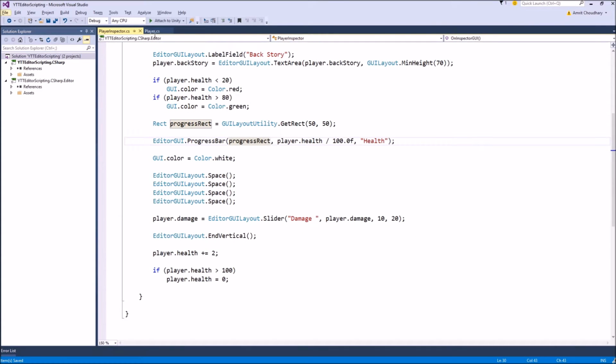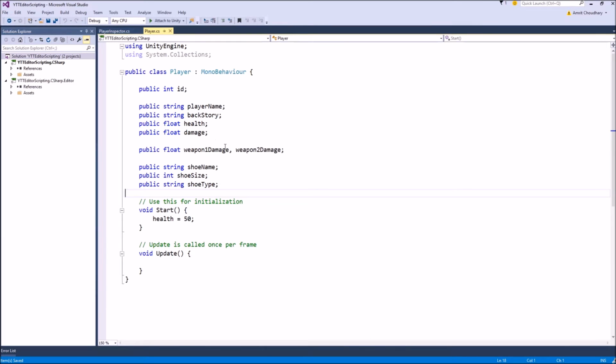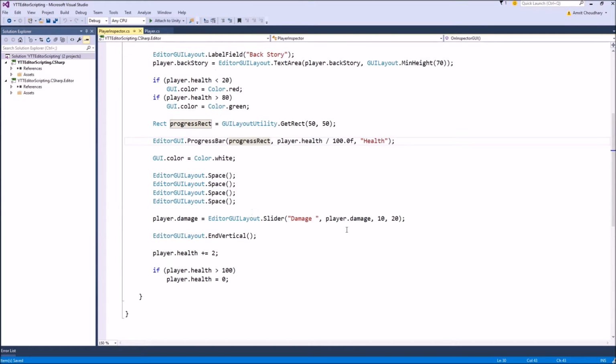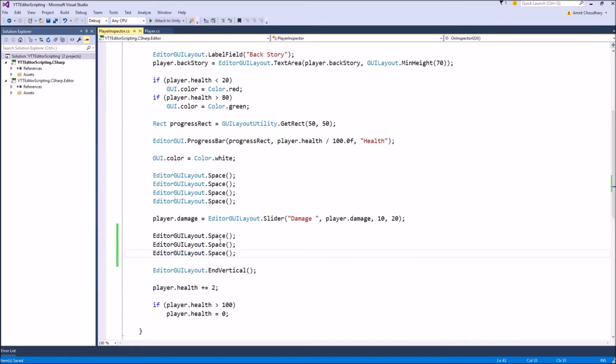If you look at our player script, we still have two variables to show. Let's make fields for weapon 1 damage and weapon 2 damage after the damage. Give it a space, separate it from the player's other properties.